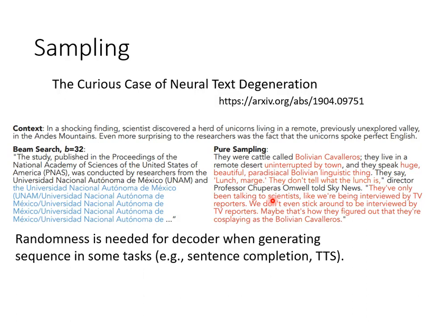Then, what kinds of tasks are beam search not helpful for? When we need the machine to be a bit creative, beam search is relatively unhelpful. For example, the task of sentence completion. When the machine is given the first half of the story, there are endless possibilities for the second half. These kinds of tasks that require some creativity and have no definitive answers often require some randomness to be added in the decoder. There is another task that also requires some randomness in the decoder, which is the task of